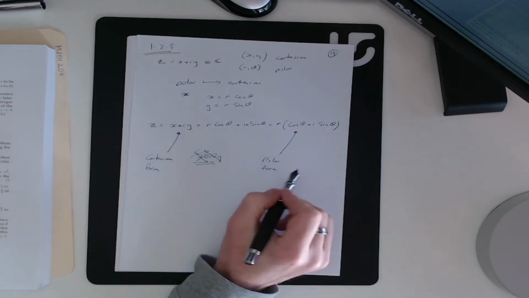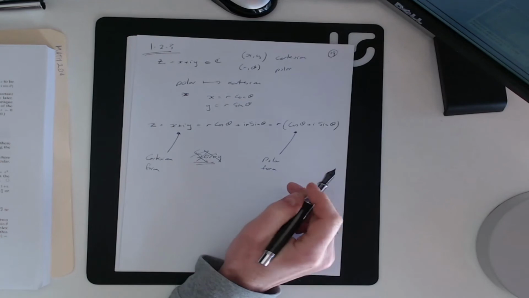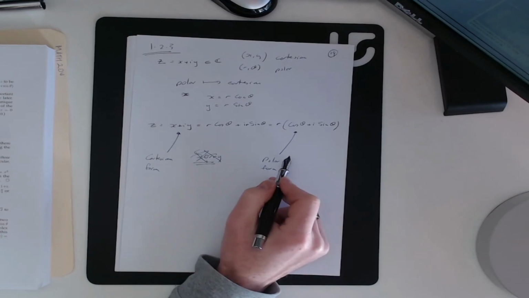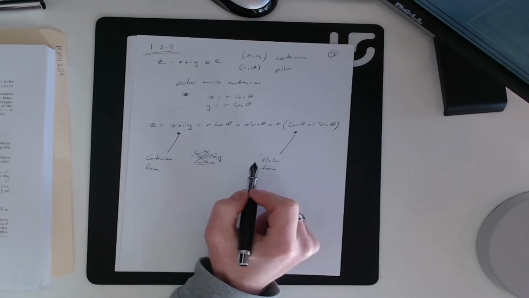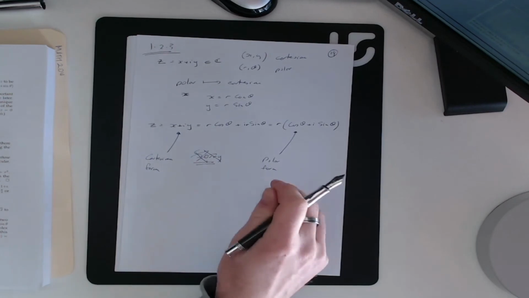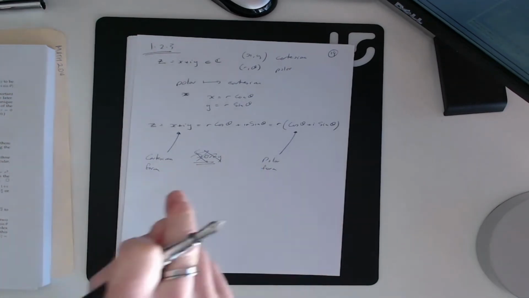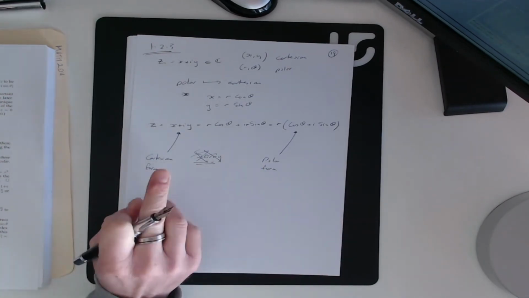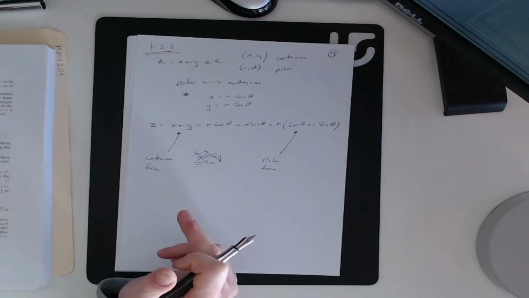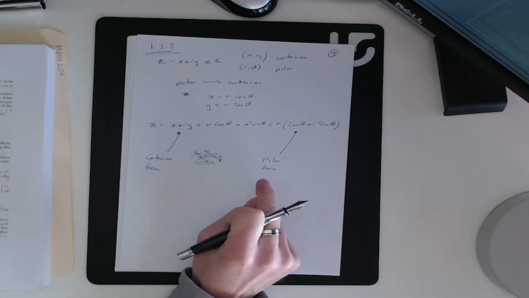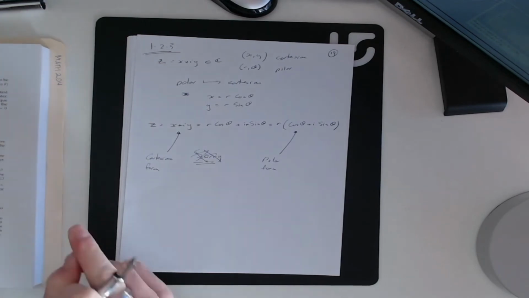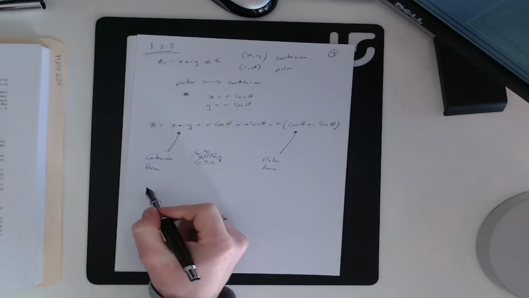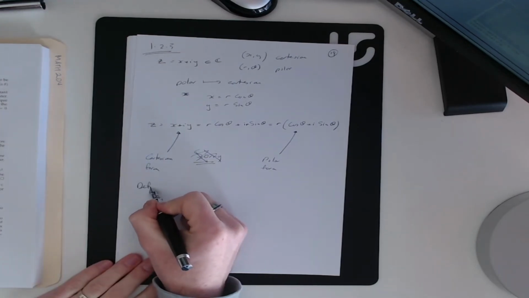This actually turns out to be very, very important, and it'll come up later as a key way of doing things. If we didn't have this way of swapping backwards and forwards, equations that we could write in polar form that look simple would be very complicated in Cartesian form, and I don't really want to do it, and you wouldn't want to look at it. So it's actually maybe more important than it looks. It's so important that we have a definition